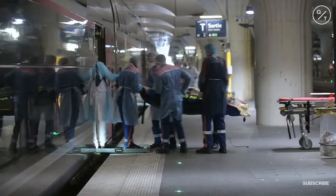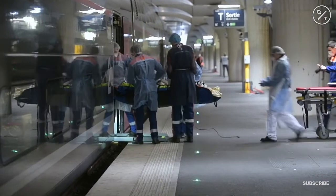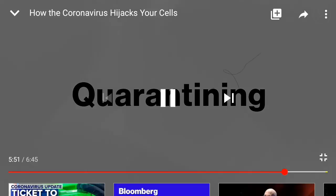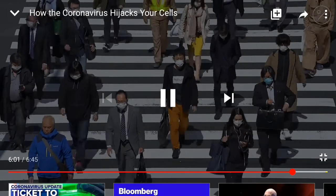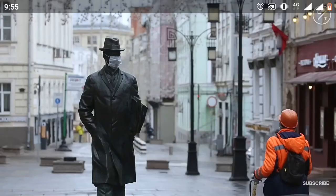So the only way for potentially getting this virus under control is going to be the social mechanism, which is social distancing, quarantining, and keeping basically a rigid attention to personal hygiene and to the environmental hygiene. Many people who have been infected with COVID-19 have recovered. Some governments suggested that people who have antibodies to the coronavirus could be issued an immunity passport that would allow